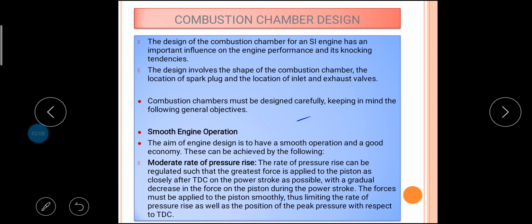Squeeze can be induced in spark ignition engines by having a bowl in piston or with a dome-shaped cylinder head. Squeeze is the rapid radial movement of the gas trapped in between the piston and the cylinder head into the bowl or the dome. High volumetric efficiency, that is more charge during the suction stroke, results in an increased power output. This can be achieved by providing ample clearance around the valve heads, large diameter valves and straight passages with